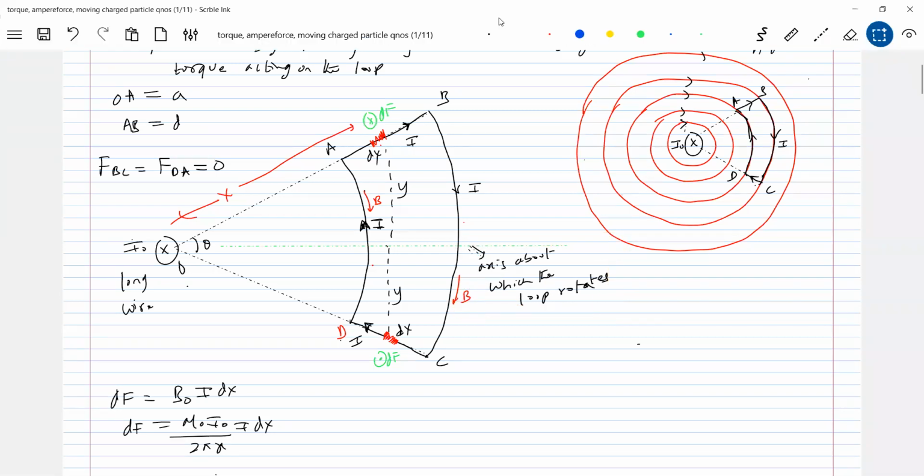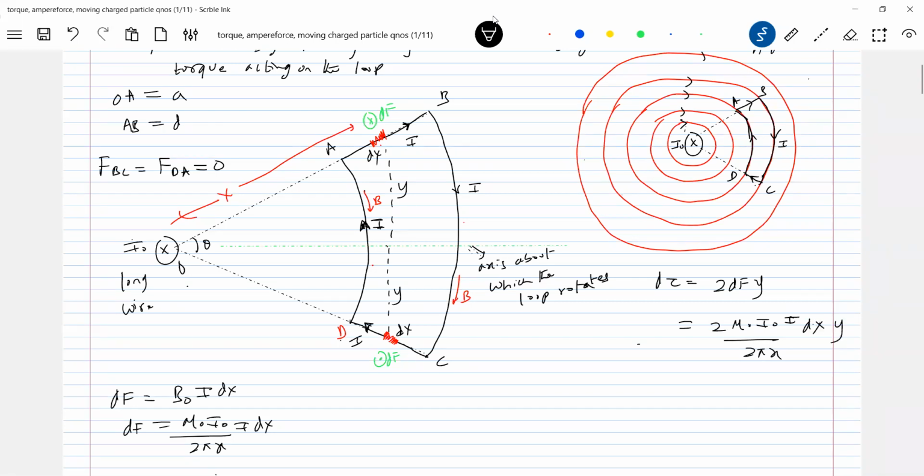the torque d tau should be equal to, shall we write, 2 dF into y, about that green colored dotted line that I'm showing. So about this axis is what the torque is set up here. Then next, substituting this, mu naught I naught I by 2 pi x dx into y, which is also